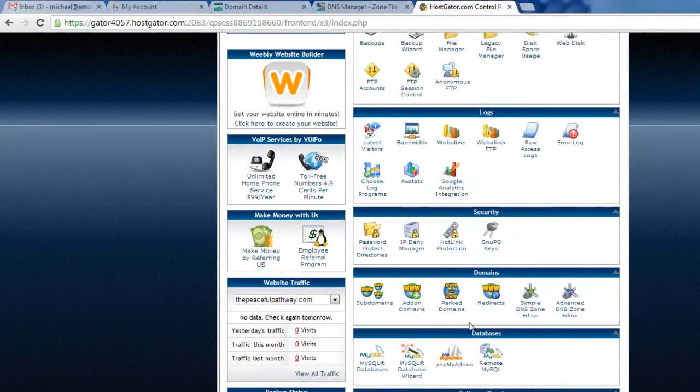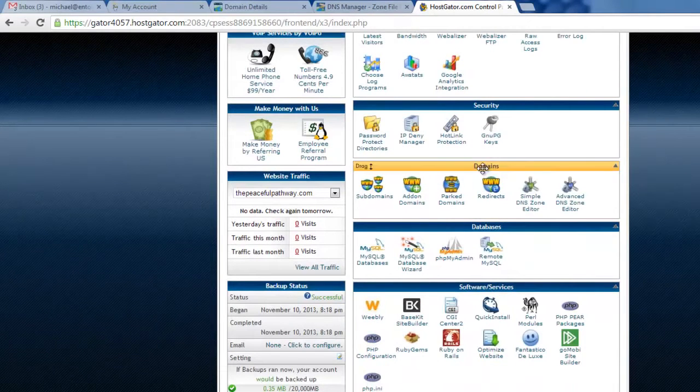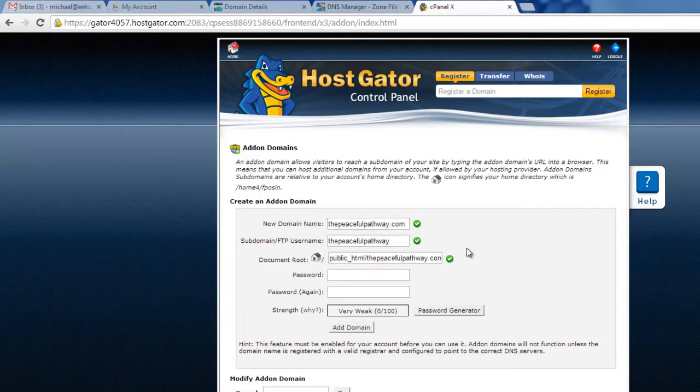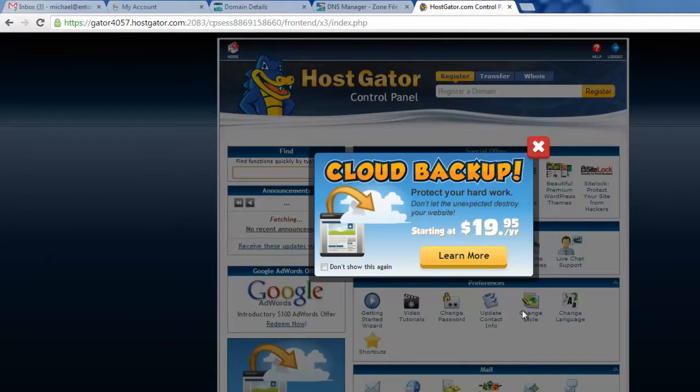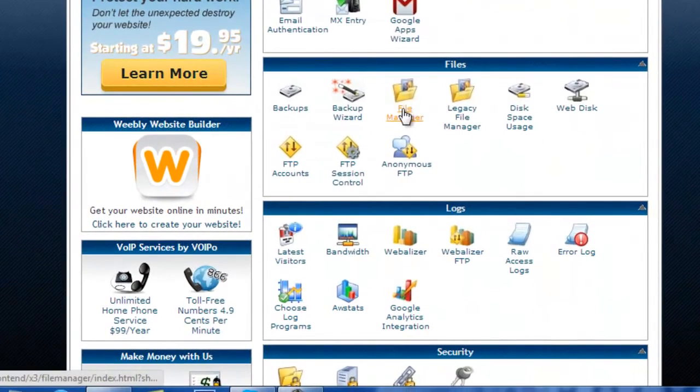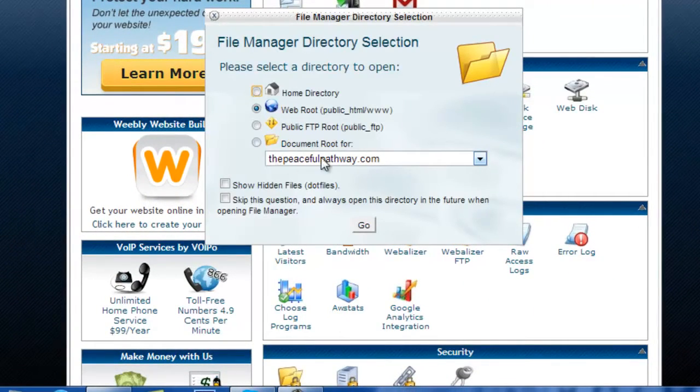So in your HostGator account, scroll down here to the domains section, click Add on Domains, and then you want to take the domain name that you're using and paste it in here. And then it kind of auto-fills the rest of this. Just put in a strong password here, hit Add Domain Name. And then once that's all set up, you can come back here and click on the File Manager. And now your domain name is going to show up in your hosting account